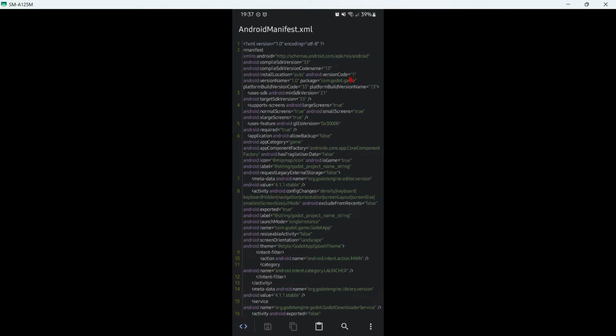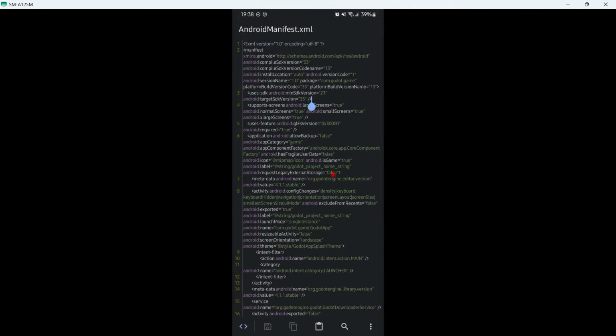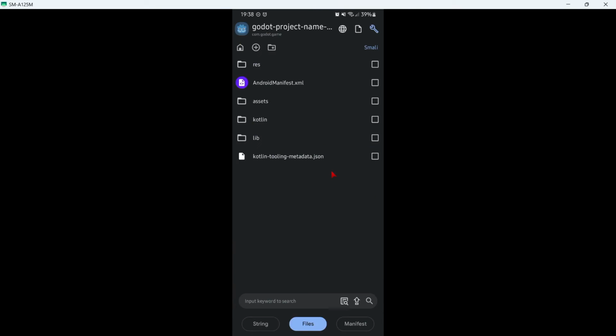So in this case, as this is the first version, there shouldn't be any problem, and the version name should be changed. In this case, as I just want to create an APK, I don't really have to make any modification here, but if I wanted to upload this game to Play Store in an AAB file, definitely these settings would be really important. So now let's just go back to the other window like this, and we just click here on the tool icon.